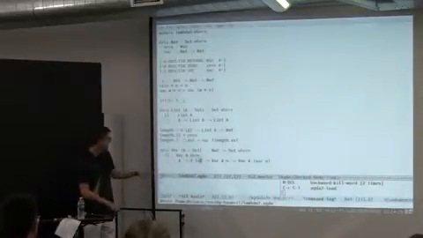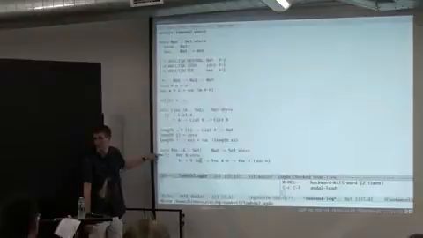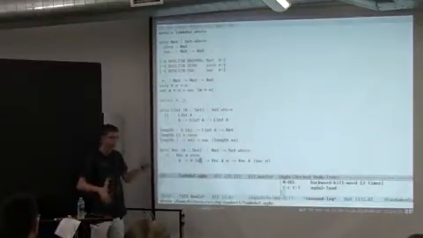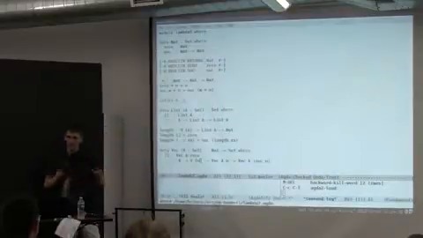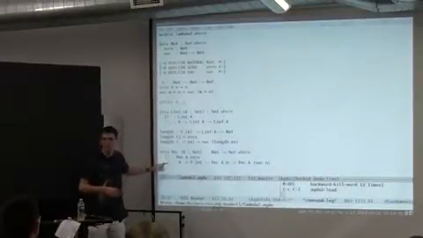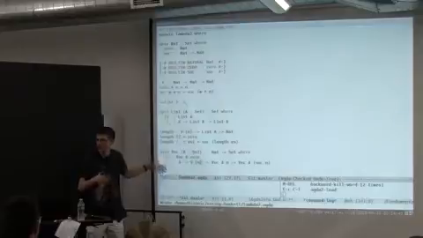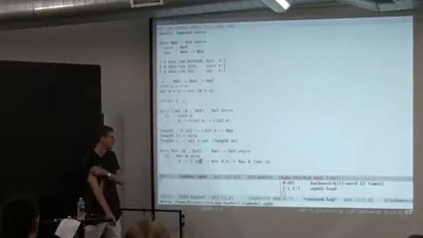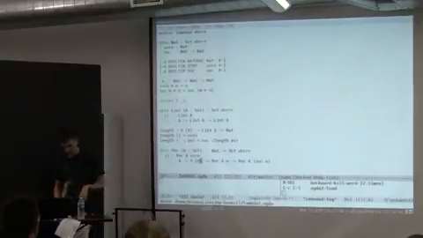Another thing to notice is that I'm reusing the constructor names. Agda lets us do that because it looks at what type it's expecting, and so it resolves which constructor it is by looking at what type you're expecting. So this is something which is useful. Again, it causes confusion sometimes, but